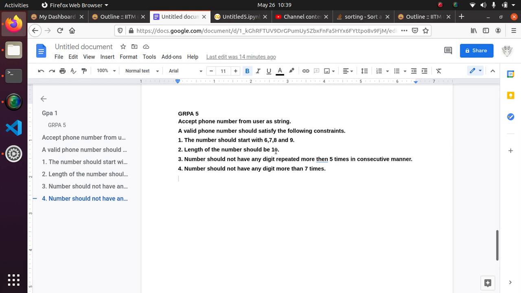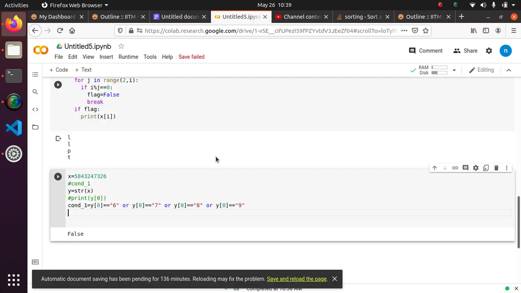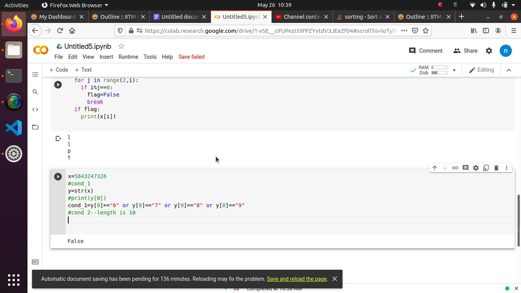So what is the second condition? The length of the number should be 10. Hashtag condition 2: length is 10. So let's do that. Condition 2 equals length of y.